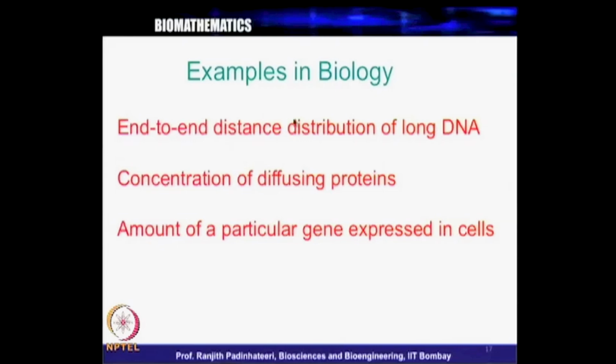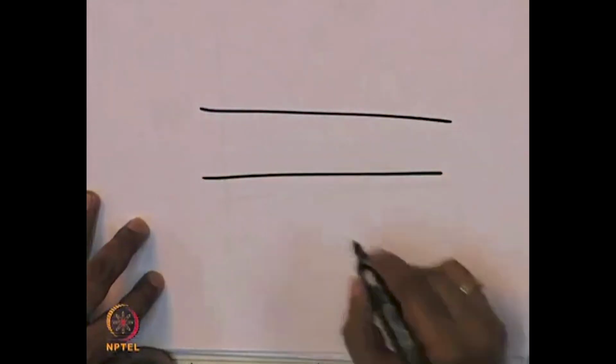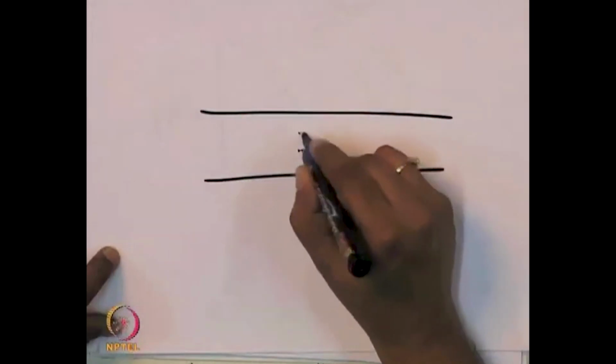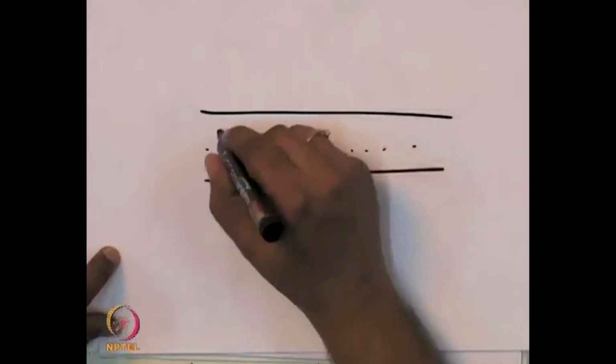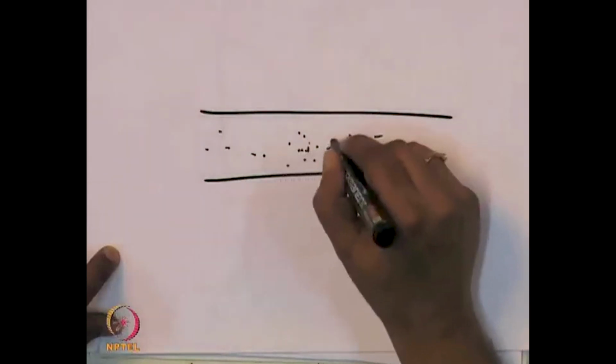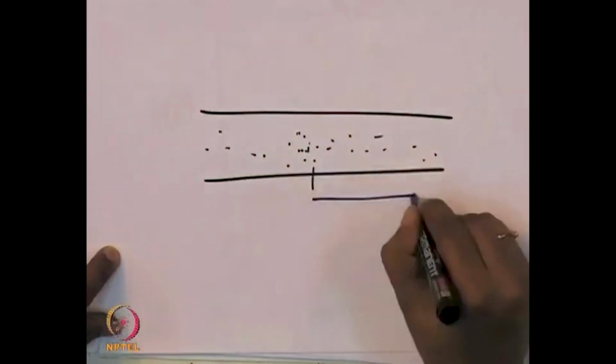So, this is the first example, end to end distribution of long DNA. We already saw that concentration of diffusing proteins can have a Gaussian distribution. So, when we discuss the concentration diffusion example, we said that if you have a tube and if you look at a particular time, how many proteins are here, as a distance, if you go from x equal to 0 to either way,